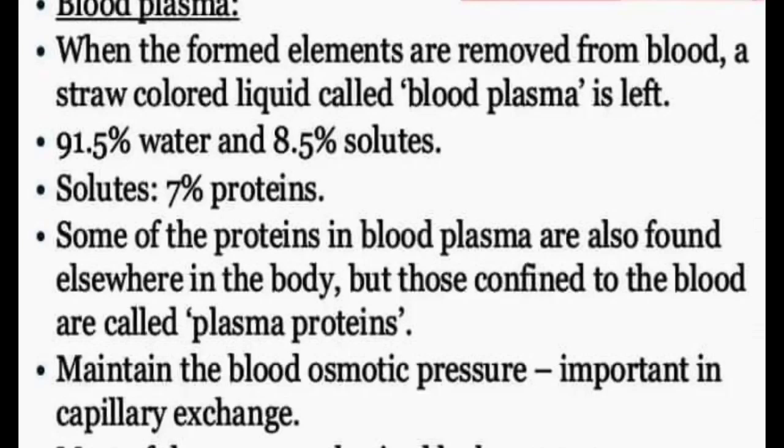आज की इस वीडियो में ब्लड प्लाज्मा के बारे में मैं आपको बताऊंगा। When the formed elements are removed from blood, a straw-colored liquid called blood plasma is left. 91.5% water and 8.5% solutes. ये जो ब्लड प्लाज्मा होता है इसमें 91.5% पानी होता है और 8.5% सल्यूट होता है और सल्यूट के अंदर